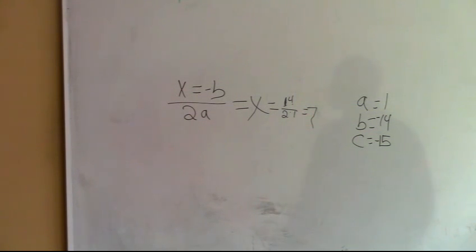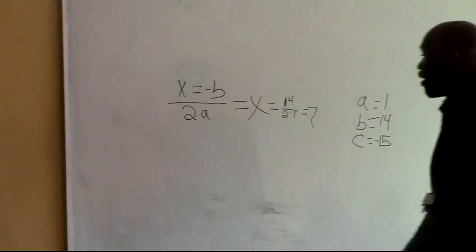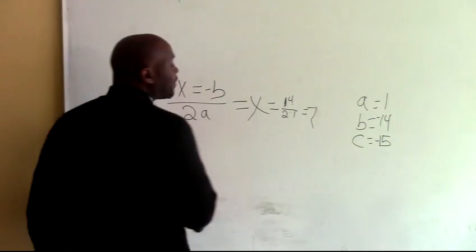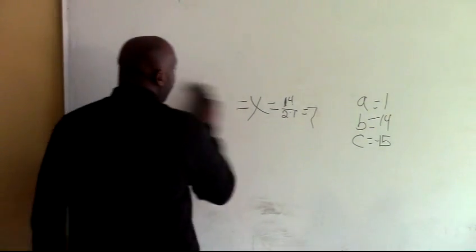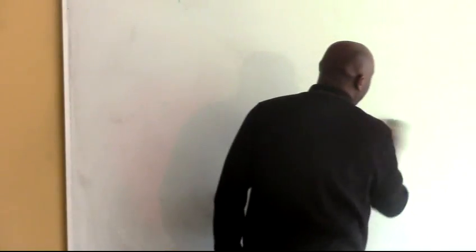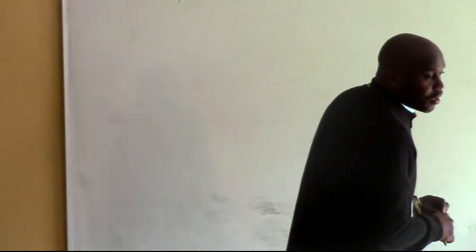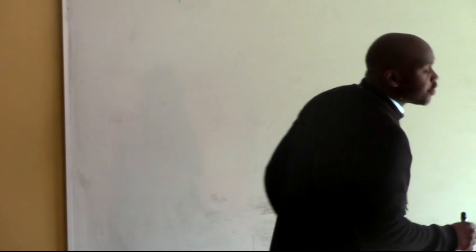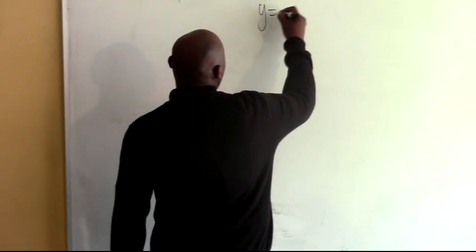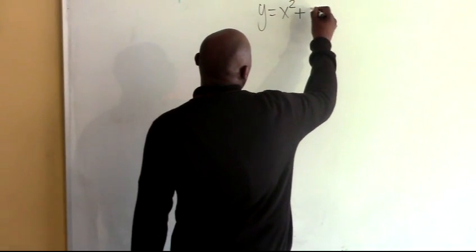Right, but what do you have to solve for? You have to solve for your vertex, and you have to solve for the y coordinate, right? So we're going to go through the same process again with our x and y. So let's do this on number 5. Our equation: y is equal to x squared plus 4x